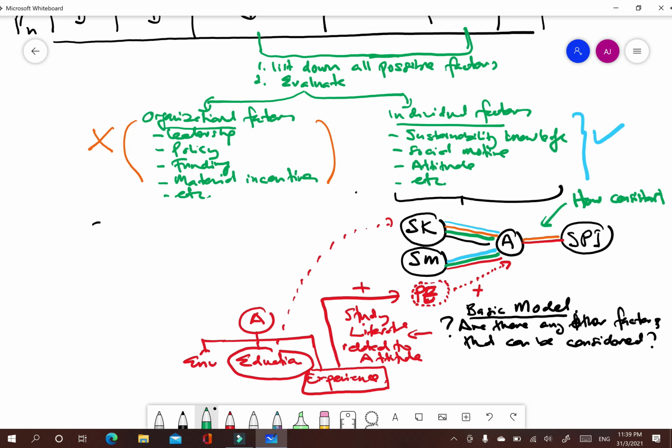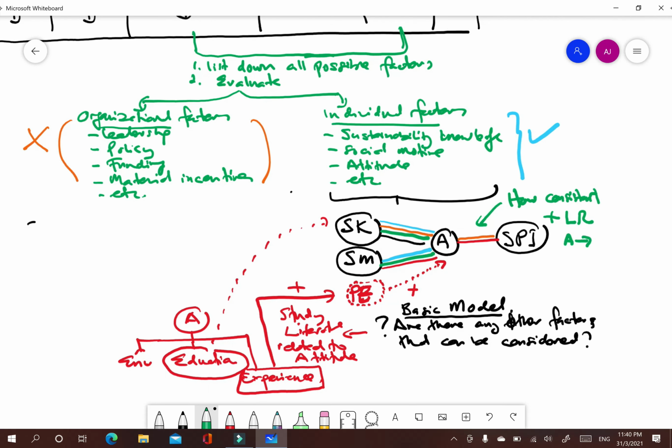So again, you do extra reading, the extra literature review, to see the consistency between attitude and sustainability program involvement.